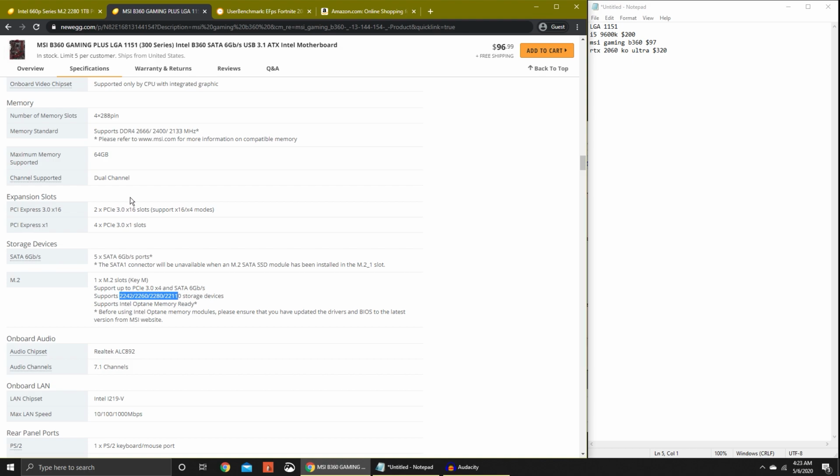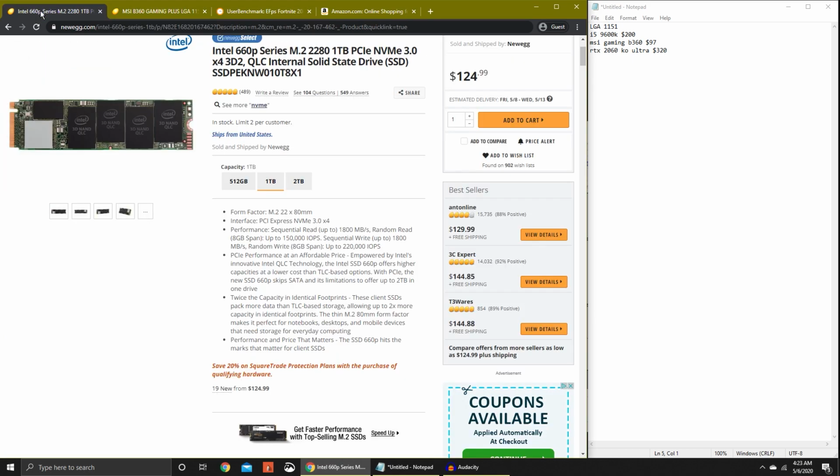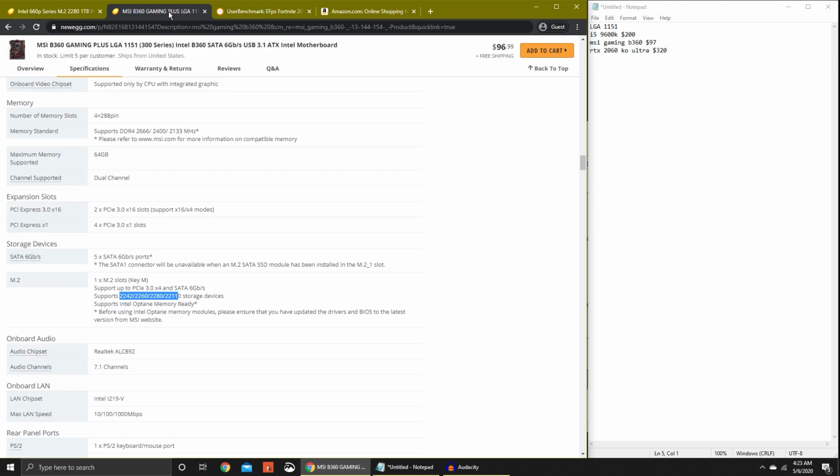Say 6 gigabits per second. Let's see, do we have that 2280? So yeah, it looks like this would be supported. And so yeah, unless I'm missing something here, this should definitely work. So yeah, we'll go ahead and get the 1 terabyte